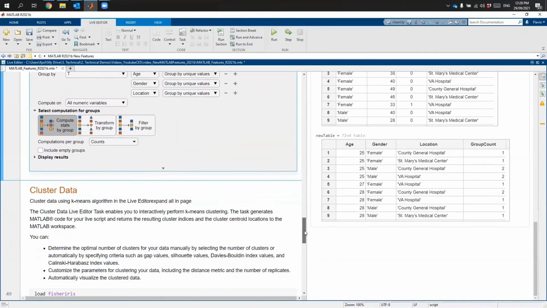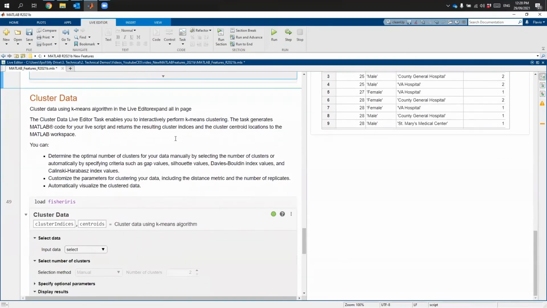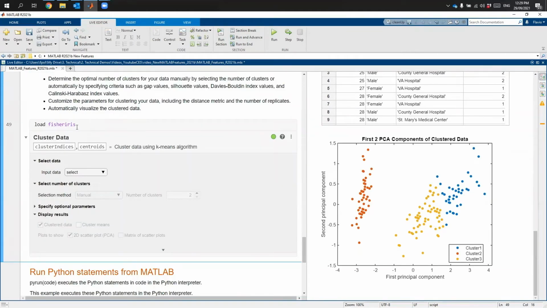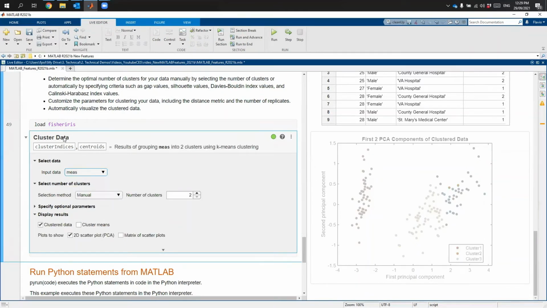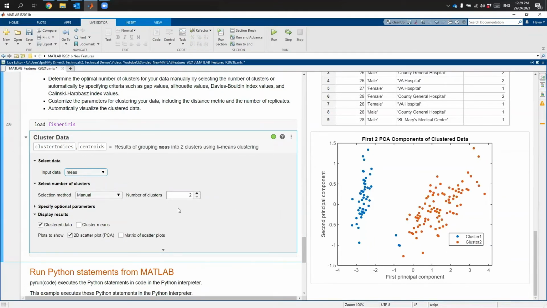Now let's jump to clustering. So you have this task called cluster data and apply k-means algorithm. So here I bring the data from the Fisher iris dataset. And here we can see I have a cluster of 3 and it says 3 data sets. So I need to select actually the data. It's going to be dismissed. So here